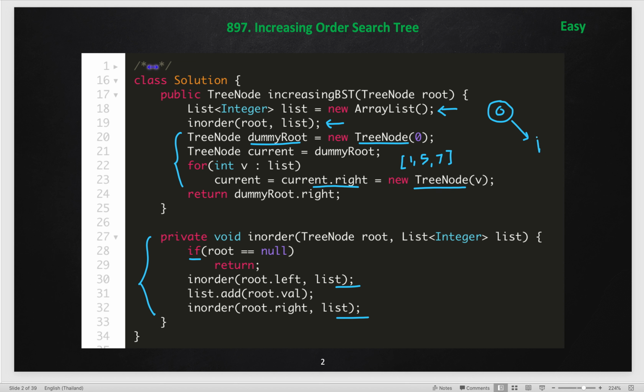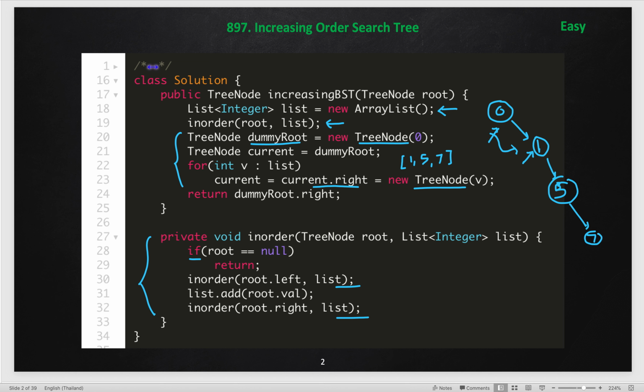So, this will be this, the current is still pointing here, and then we shift current from here to current dot right. This second line is combined: current is equal to current dot right. Again we keep repeating it until we have values in our list. The next will be 5 and after that 7.